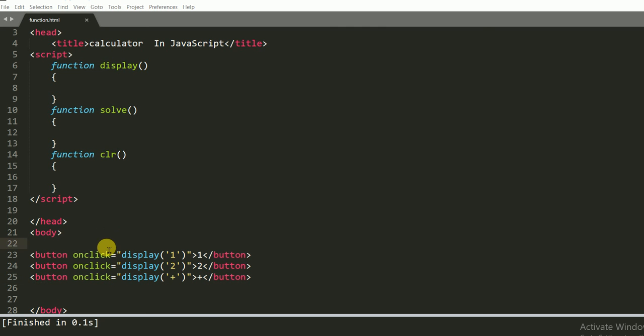So I'm making a text area, and I'm using an ID here, so there I use the name result.